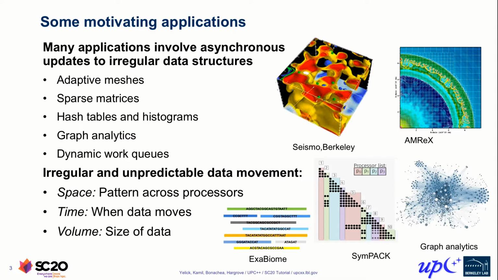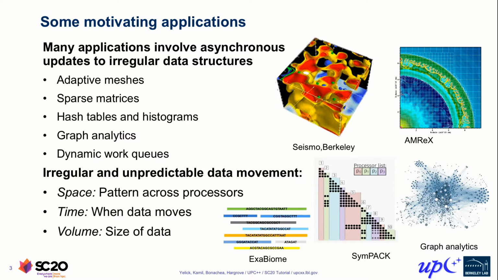So these applications have a degree of irregularity and unpredictability about the data movement in them. That occurs in space, meaning that the pattern of which processors are going to need to get data from other processors is not known in advance. It may not even be available until the middle of the application, such as when you are putting something into a hash table. It's also irregular in time in the sense that you don't know when that value is going to be put into a hash table bucket. And finally, the size of the data may not be known. It may be dependent on exactly what's happening in the computation or the shape of the data structure that occurs at runtime.